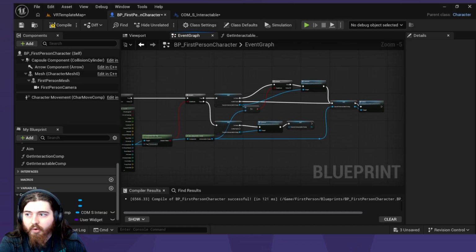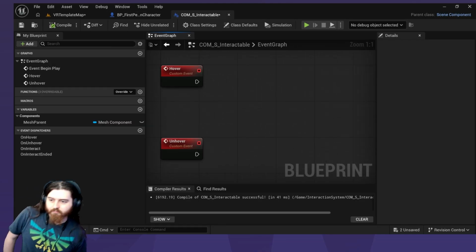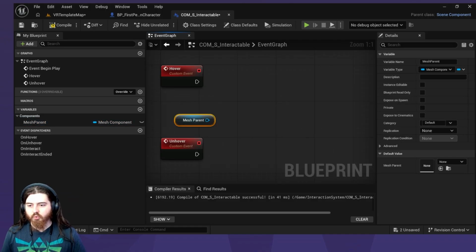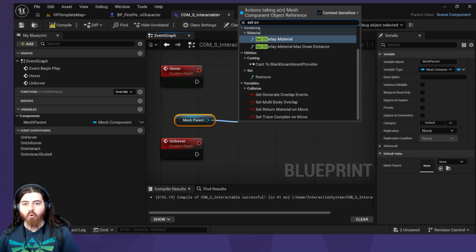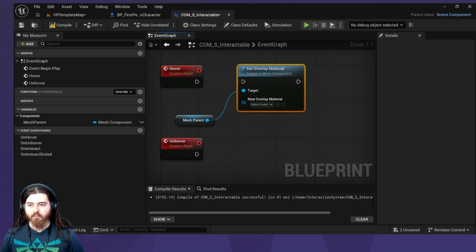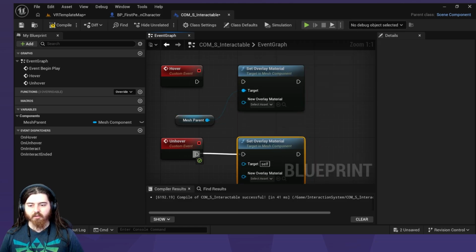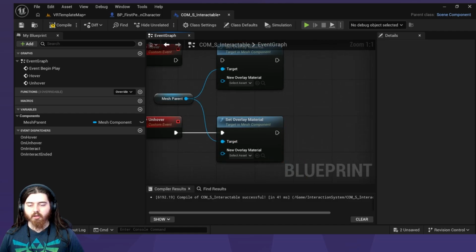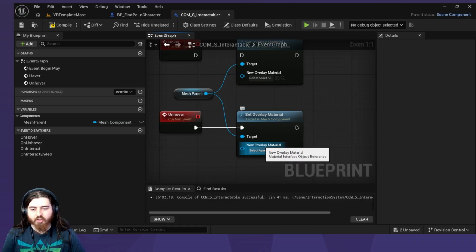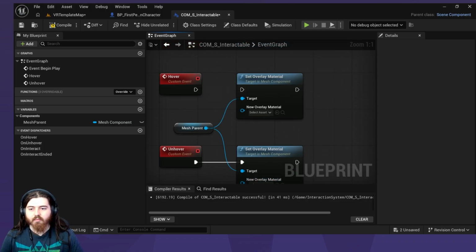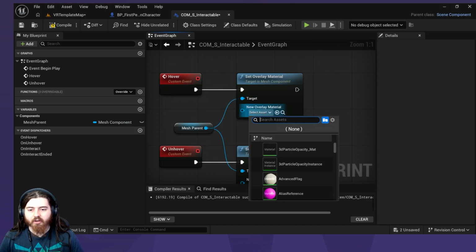This logic should work, but right now it won't do anything because our hover and unhover events are not hooked up. So let's go ahead and hook those up. We're going to get a reference to our mesh parent, and we are going to set overlay material both on hover and unhover. On unhover is easy. We're just going to set it to nothing. So we're going to make sure that this says select asset here and not any kind of material. And here for our on hover,